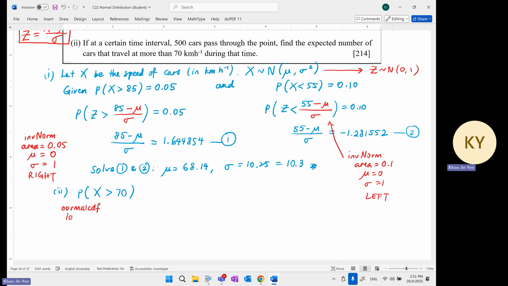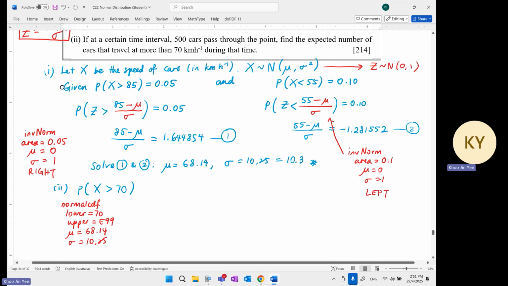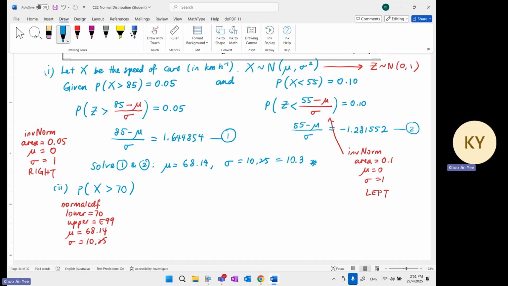So your lower is going to be 70. Your upper is going to be E99. Your mean is going to be 68.14. Your standard deviation is going to be 10.25, as accurately as possible. Okay, then you will get something like